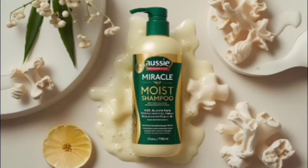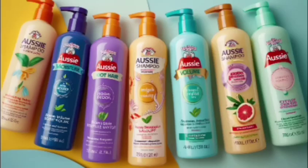For those dealing with frizz and flyaways, the Aussie Miracle Curls Shampoo is formulated with coconut oil and Australian jojoba oil to define and hydrate